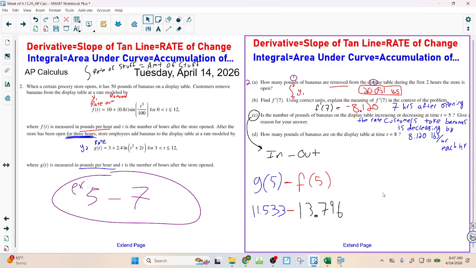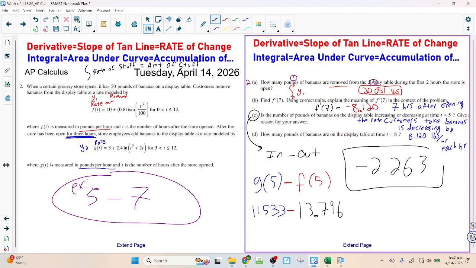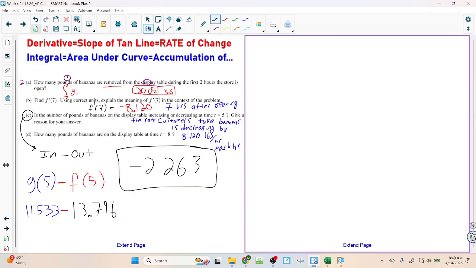Are we winning or losing this battle with the customers? We are losing this battle. And I think it comes out to negative 2.263. That's right. So I guess this is actually going to say negative 2.263. That's the number that we want, but that's not really what they're asking. They're asking if it's increasing or decreasing. So is the display going down or going up? Well, it's going down. So C is going to be decreasing